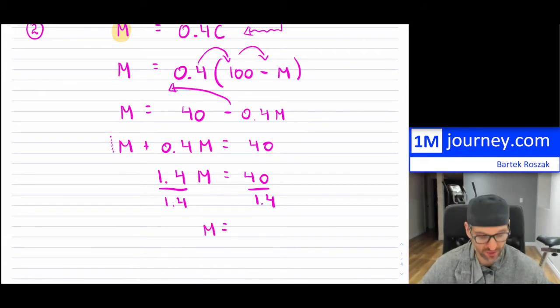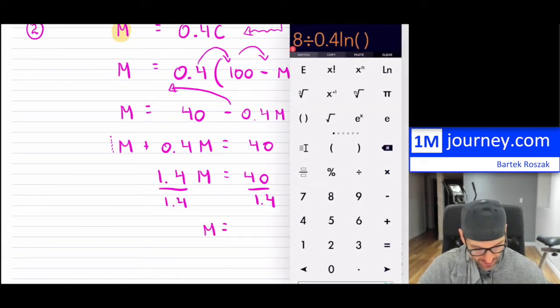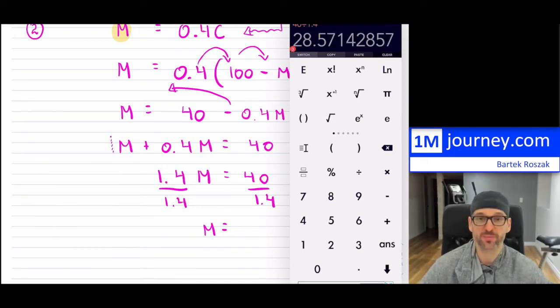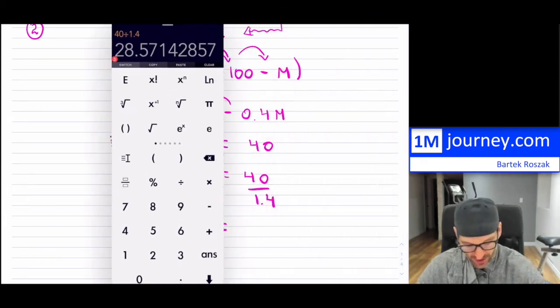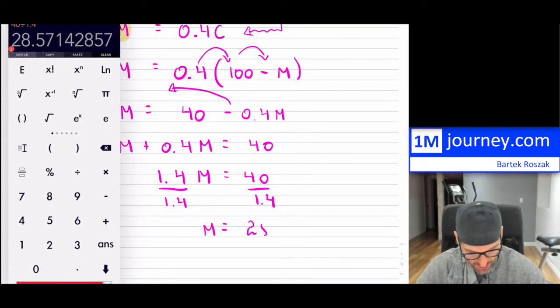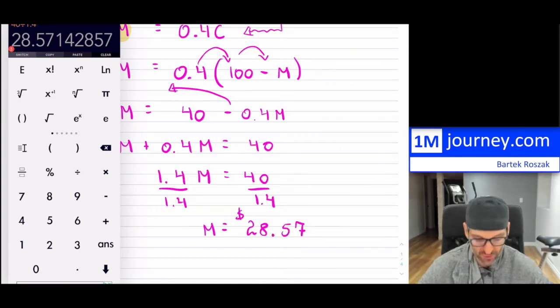Now I don't know if you can use a calculator or not. I mean, it's great if they don't let you use one, just to force you to go through the arithmetic, but I'll save us a little bit of time. So the answer here, it's not a pretty answer, but remember this is money, right? So this is dollars. So if it is dollars, I'm just going to round it to the cents, so to 2 decimal places. So it's